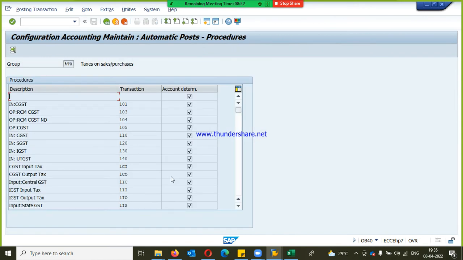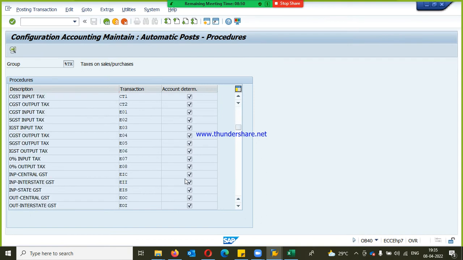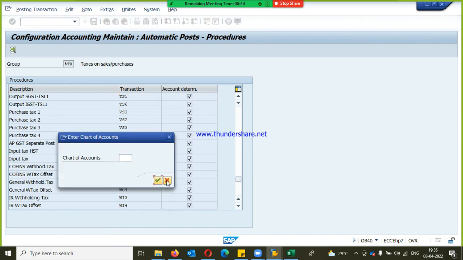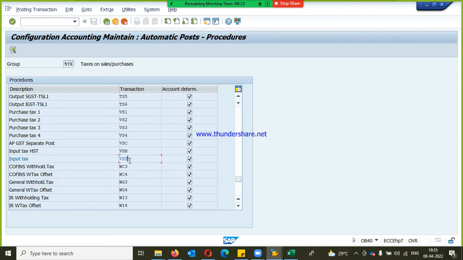Click on that. If you come a little bit down here, we are having the transaction as VST. Just on the time we discussed, right? VST is nothing but our accounting key. For this accounting key, we are going to link the ledger. So double click on this VST,